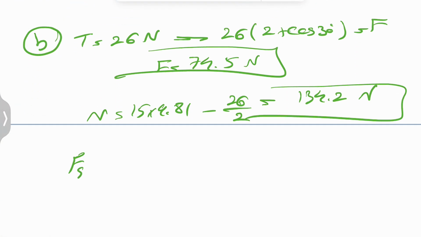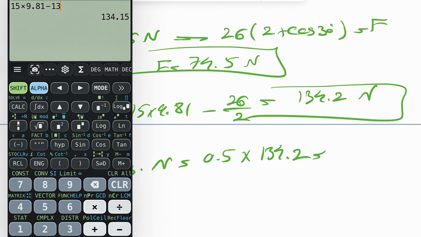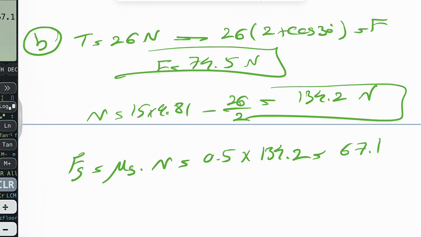And now again, we have to check the maximum static friction, mu s times N, 0.5 times 134.2, which gives 67.1